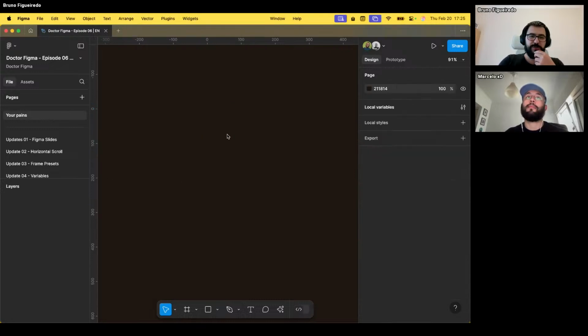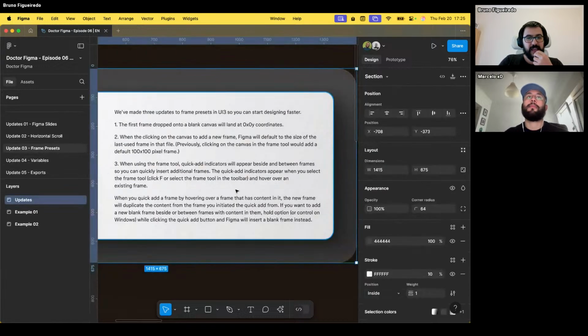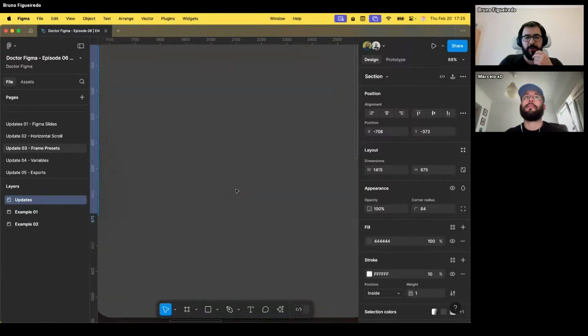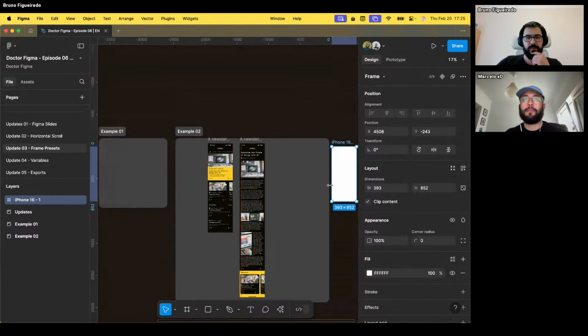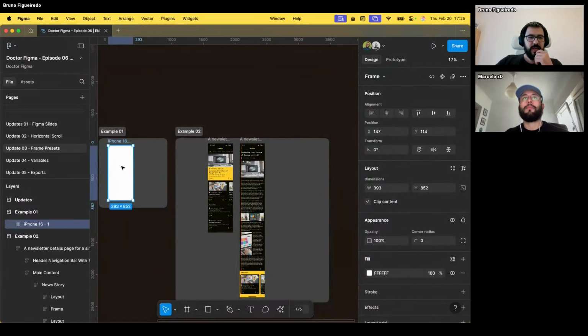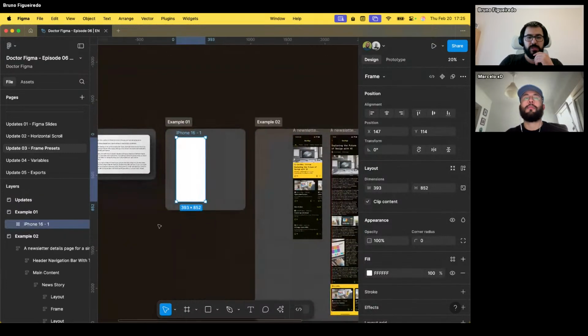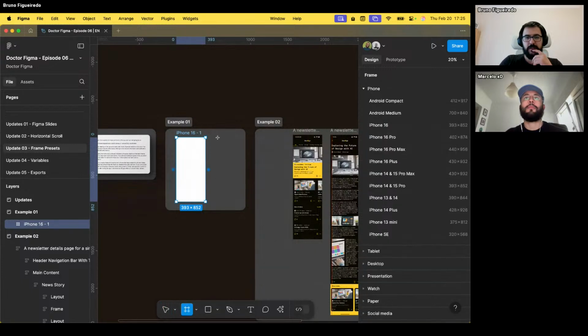So that's the first one, which is a really simple thing, but it's super fun. The second one is actually that now when you create a new frame, and let's say that we wanted to work for an iPhone, for example, we create the iPhone 16, and that was our latest frame. So now if we click on the frame